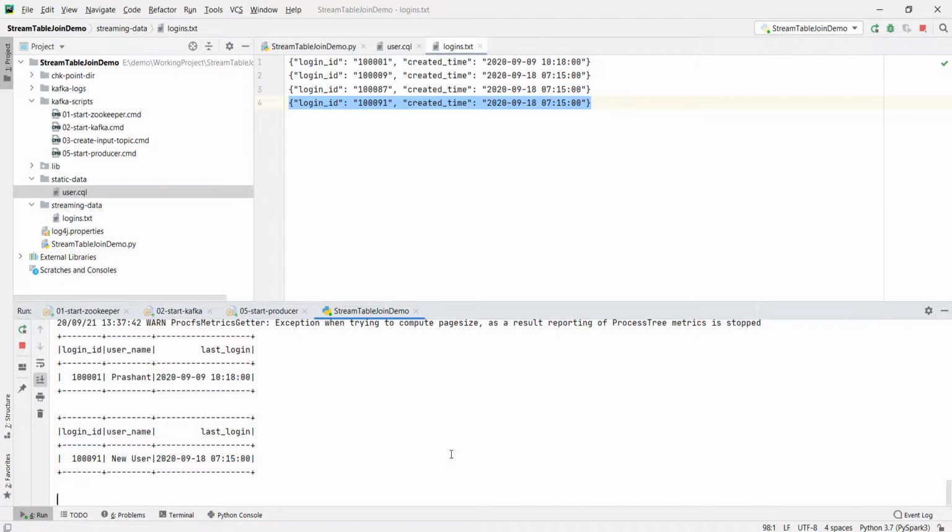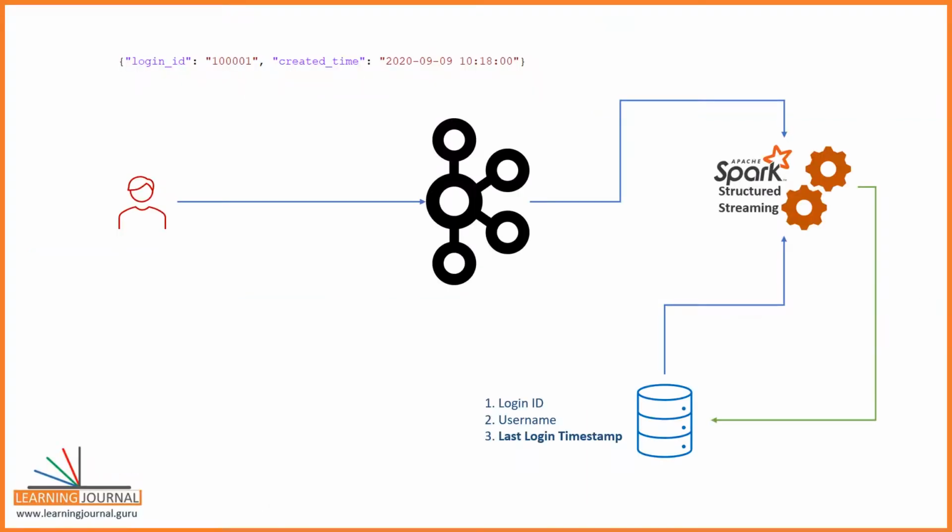Let me quickly summarize. We learned to join a streaming data frame with a static data frame. Most of the time, these joins are used for stream enrichment. For example, you got a streaming record about a user, and you want to pull in some more information about the user from other static tables. So you can join your stream to a static table to get those details, right? However, we used a completely different scenario because I wanted to cover the custom sync in the same example. So we also learned to sync it to an arbitrary target.